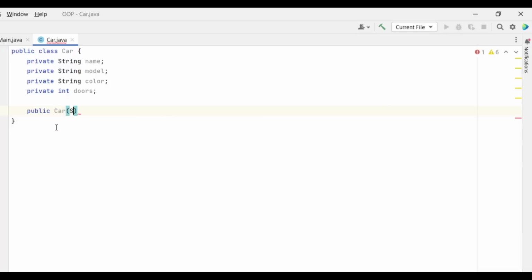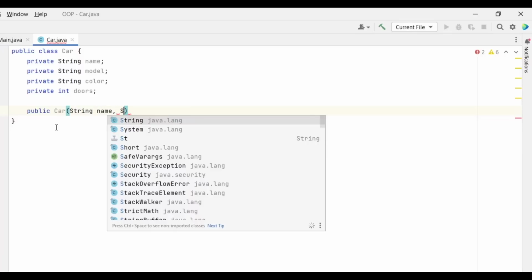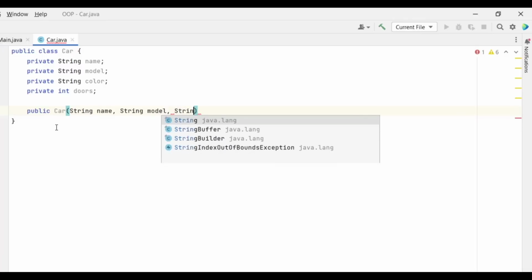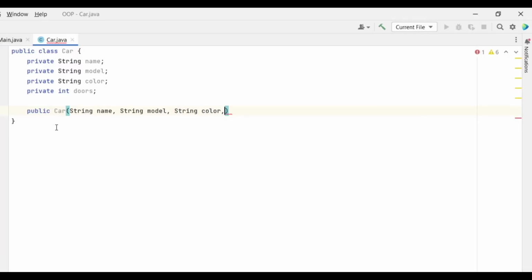First is going to be a String name, second a String model, third a String color. So with this constructor, we're going to construct an actual object of type Car.